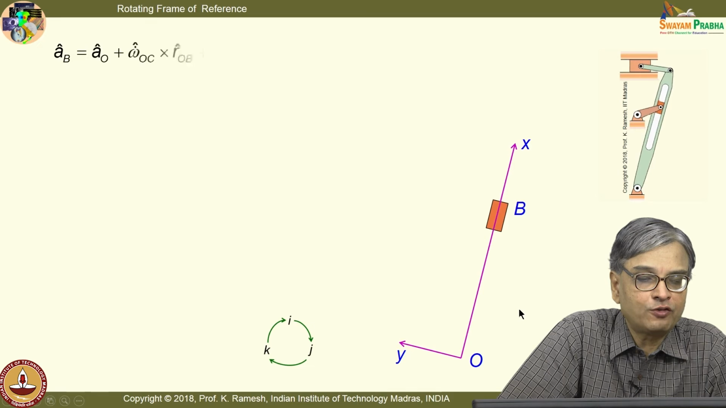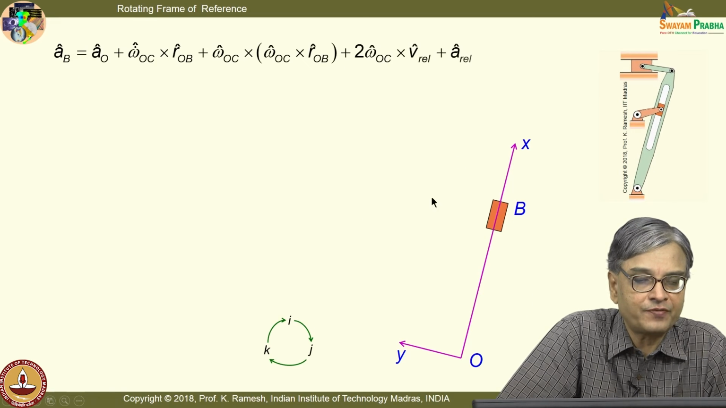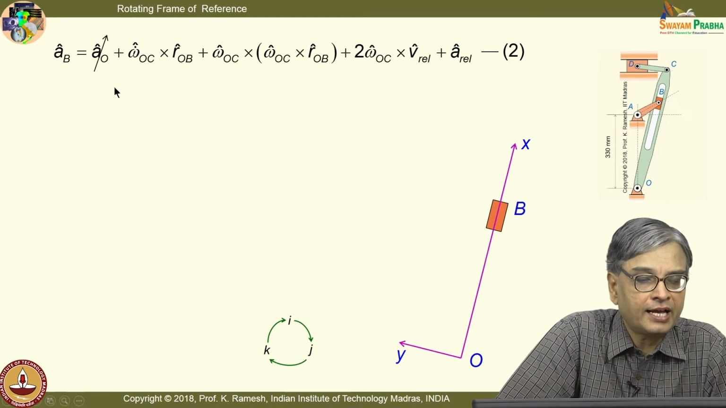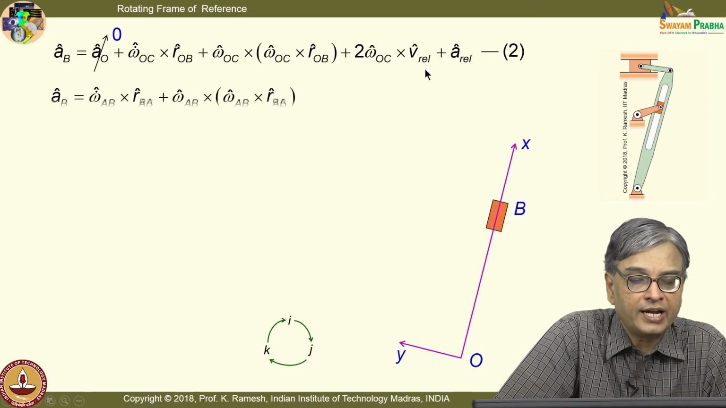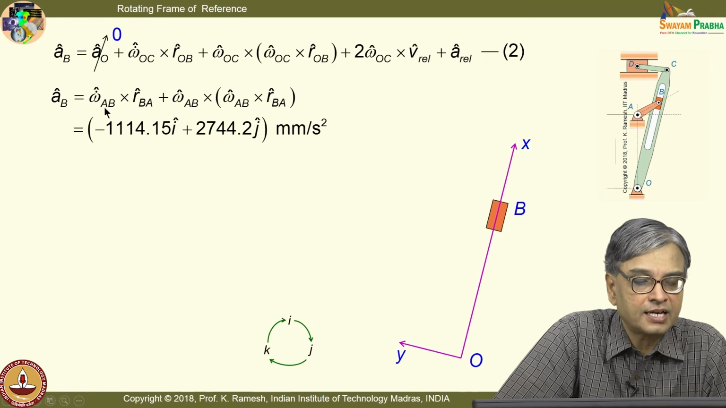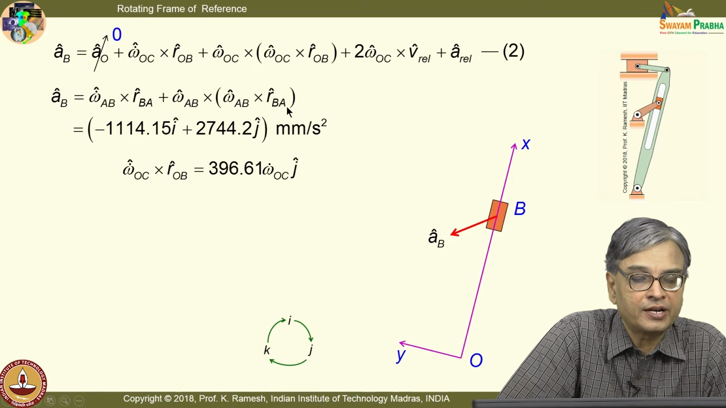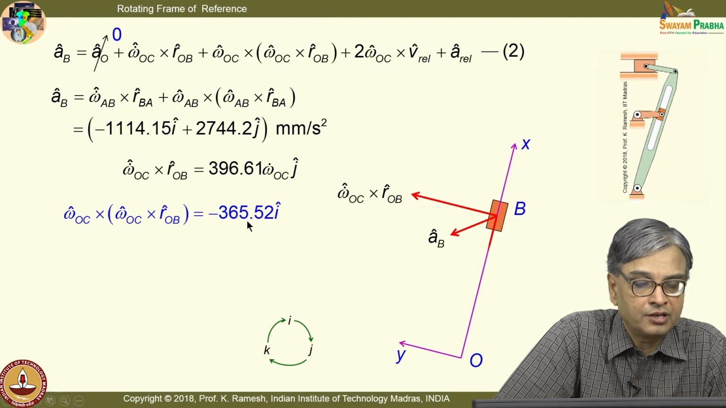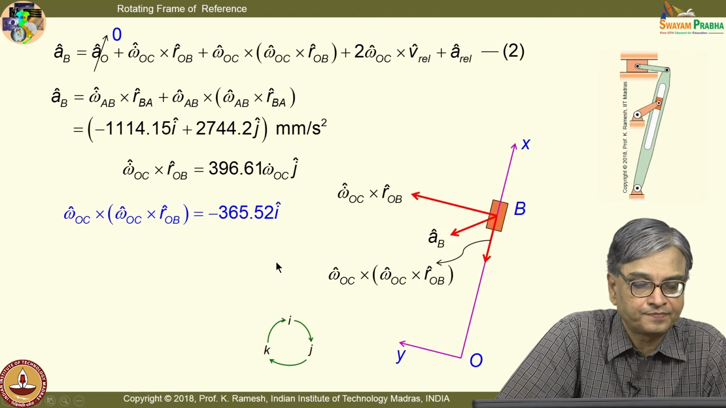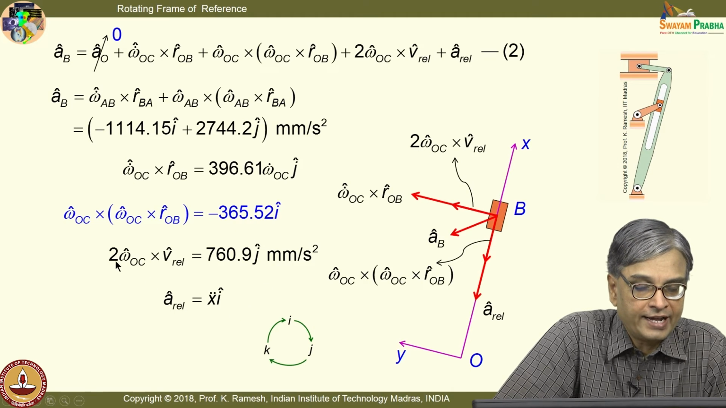So, now I have to find out the acceleration, that is also written for this specific problem. And here again you will have A naught is 0 because it is a fixed point. And we have to get AB, it has omega dot AB cross RAB plus omega AB cross omega AB cross RAB. And you have the expression for this, and you have been able to calculate this. So, I have this